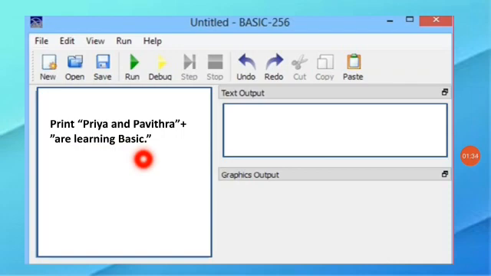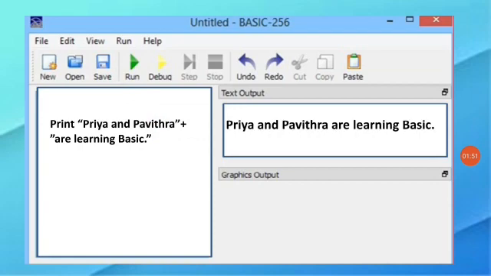For that, click debug. It's not showing any errors, so there is no error in our program. Run the program to get the output. See the output: Priya and Pavitra are learning basic. The two strings are joined and printed here because of this plus operator.